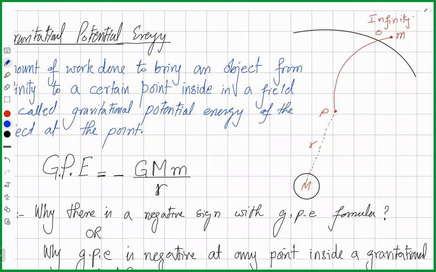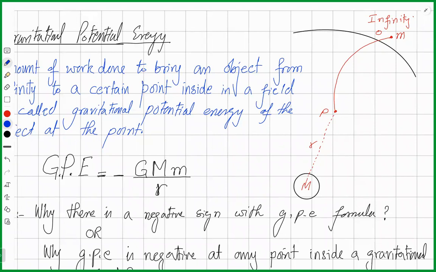A stretched rubber band has potential energy. If you let it go, it will go back to the original position because in that case work is done along the direction of natural force. So what will happen in the end of that situation? There will be no potential energy over there. So whenever work is done along the natural force,